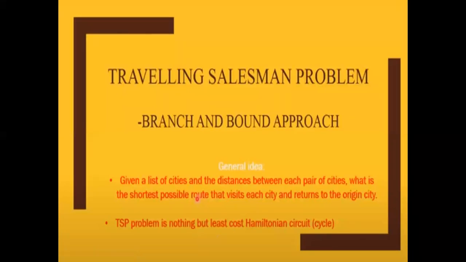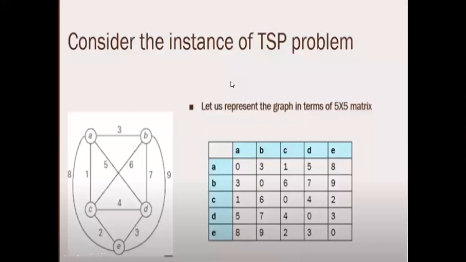Correct? Fine. So let us take an example of traveling salesman problem, and we will see how we use a branch and bound approach to solve a traveling salesman problem over here. Fine. So this is a graph given. So let us consider A is a starting point or a starting city from which the salesperson should visit all the other cities only once, and he should come back to the city A. That is the starting point A. Correct. And what is the condition here? It should have a shortest path. Correct. Shortest cost traveling path.